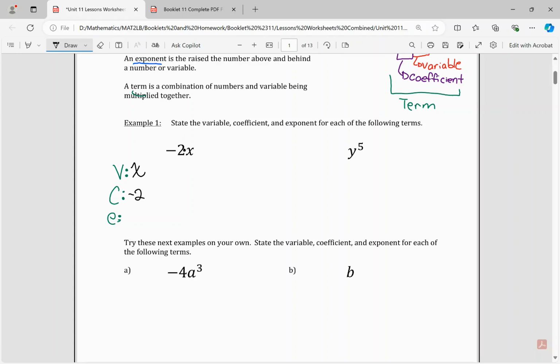Now, the thing about this question is we actually don't see the exponent. There's nothing here on top of the x. Now, there is a rule to deal with this. When you don't see the exponent, that means that the exponent is 1. And the reason why we don't write the exponent of 1 is that mathematically it just doesn't make a difference,